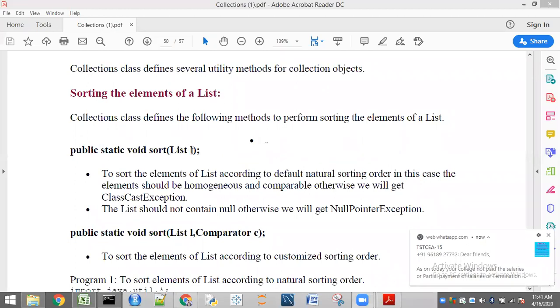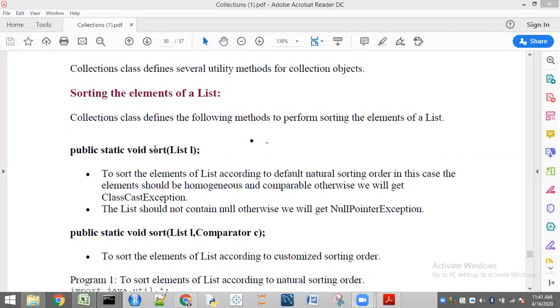If there are any elements in this list which are heterogeneous, then you are going to get a ClassCastException. So whenever we sort the elements by using this sort, compulsorily every element should be homogeneous and there should not be any null. You have to understand two points.